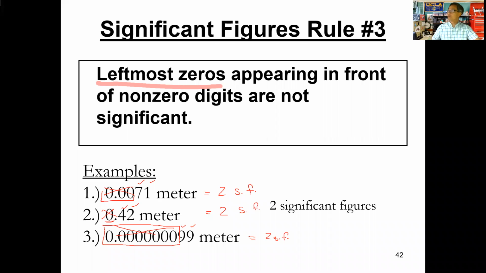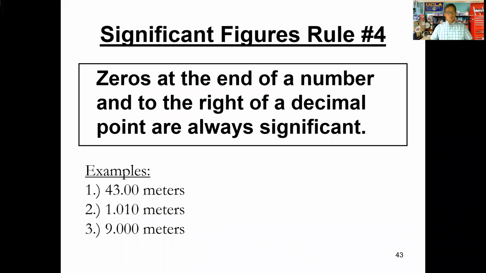All right, let's continue on then. Let's continue on with all these rules, and then we're going to practice this. Okay. All right, rule number 4. Let's go ahead and take a look at rule number 4 and rule number 5. Rule number 4 and 5 deals with zeros to the right. These are the rightmost zeros. Okay, so the zeros furthest to the right,